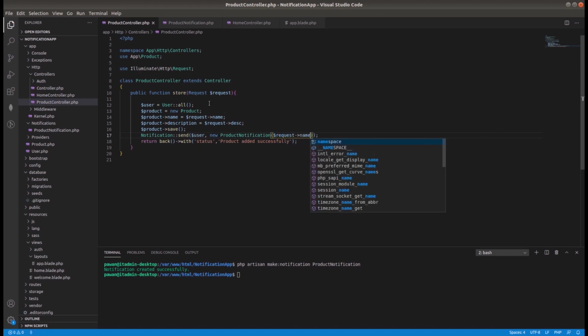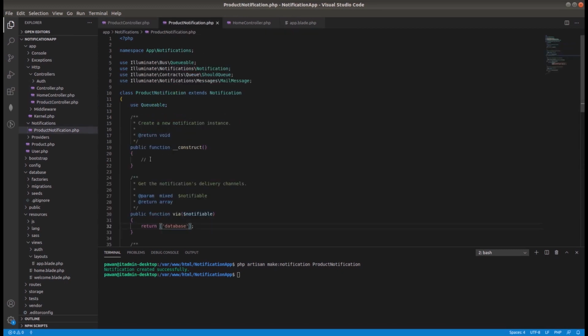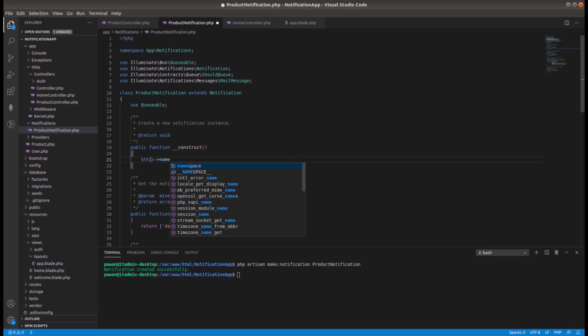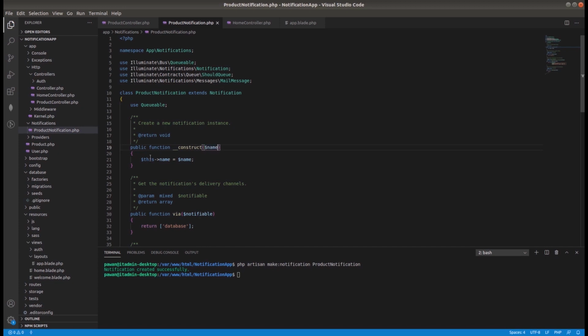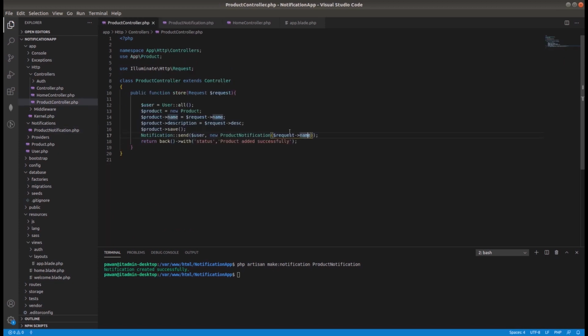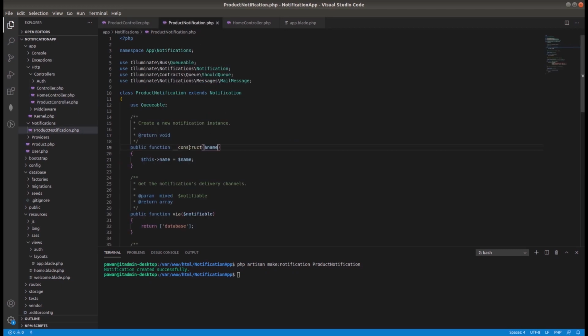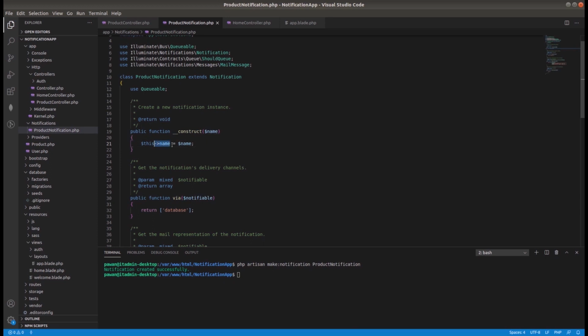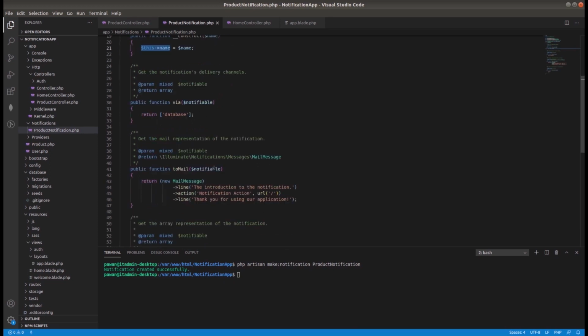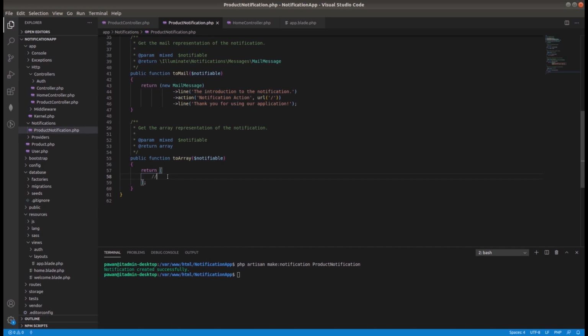So we are passing this to the product notification, and here we will get it using the constructor. From the product controller we are sending the product name, and in the product notification we are getting that product name using the constructor, and this name will be sent into this.